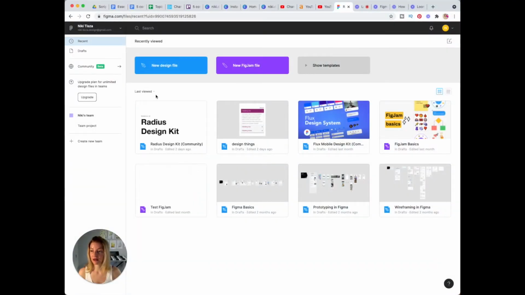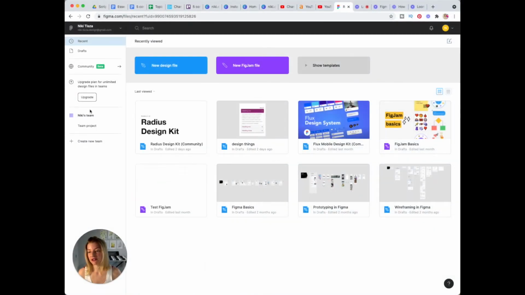Now we are on the landing page again. So that was the community tab. It's still beta, as you can tell. If you only register for the freemium version, then you will always see this upgrade button here. So Figma reminds you that you can upgrade anytime. But if you would have an enterprise or a team version or a business license, I think that's what it's called, if you would have that, then you would have your team name here. But now this is Nikki's team, which is just me.